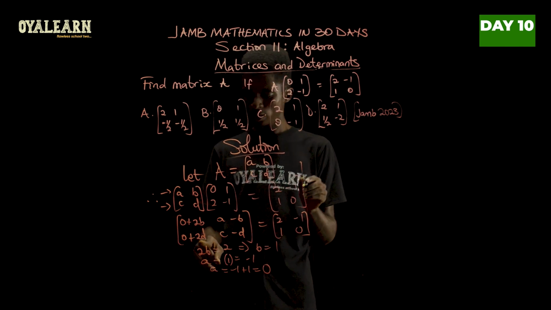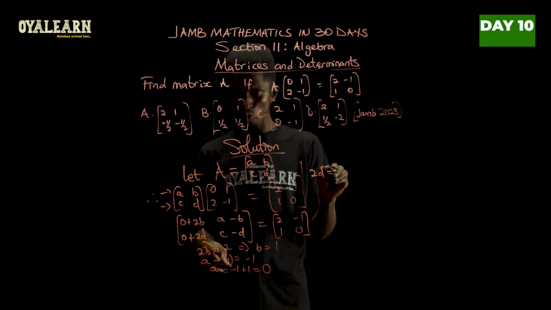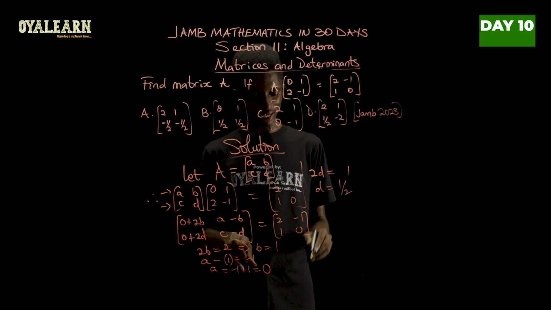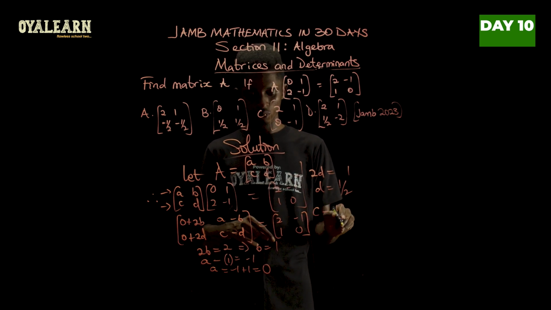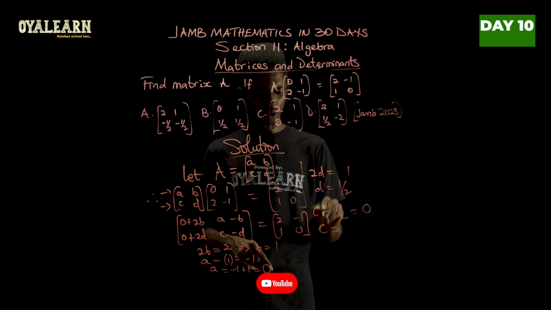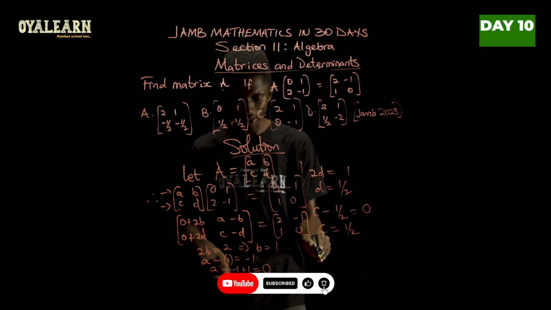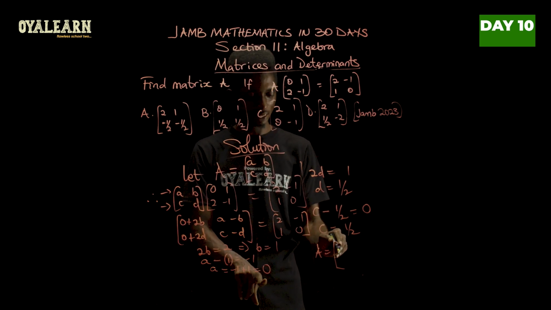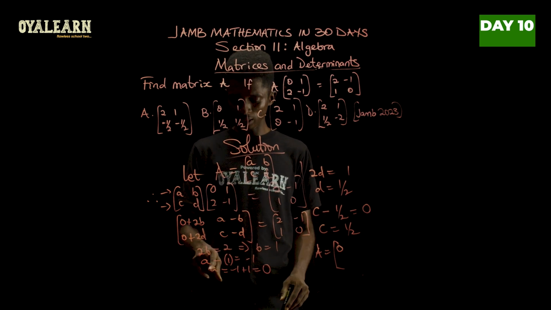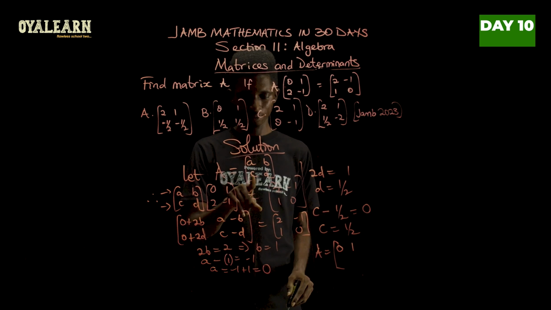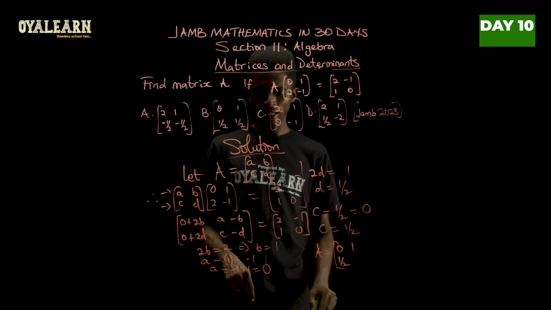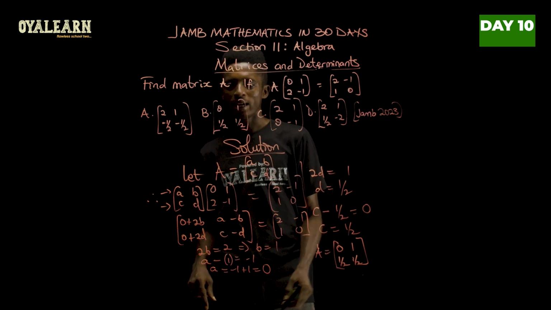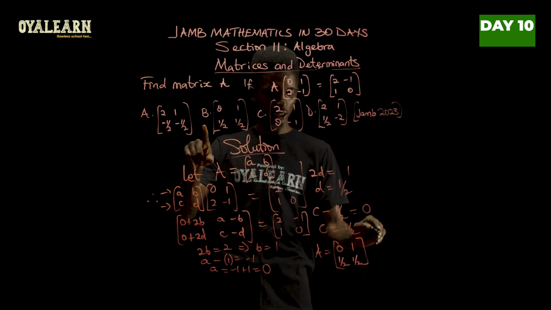Now let's get D here. 0 plus 2D will give us 2D. So 2D equals 1. Therefore, D would be 1 over 2. Now applying that here, we would have C minus 1 over 2 should give us 0. Therefore, C equals 1 over 2. So in that case, matrix A would then be, now coming back to this, A is 0, B is 1, C is half, and then D is also half. So we've gotten matrix A, and this is similar with what we have in option B, so we select option